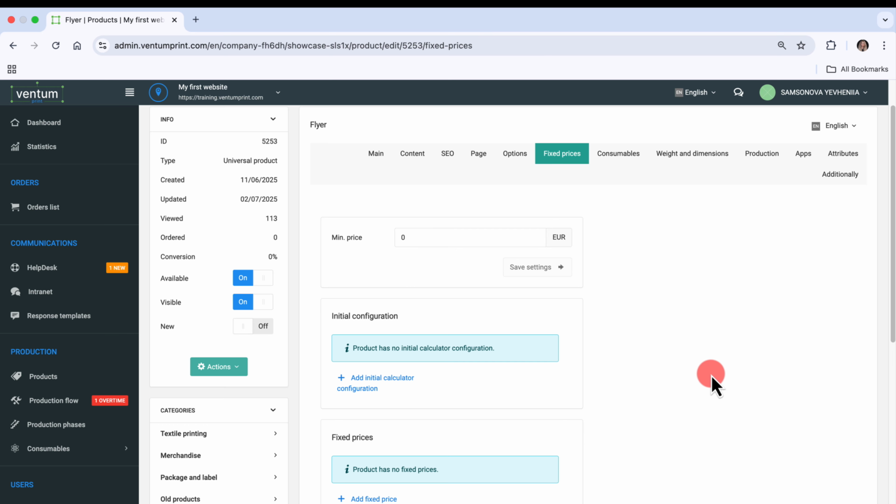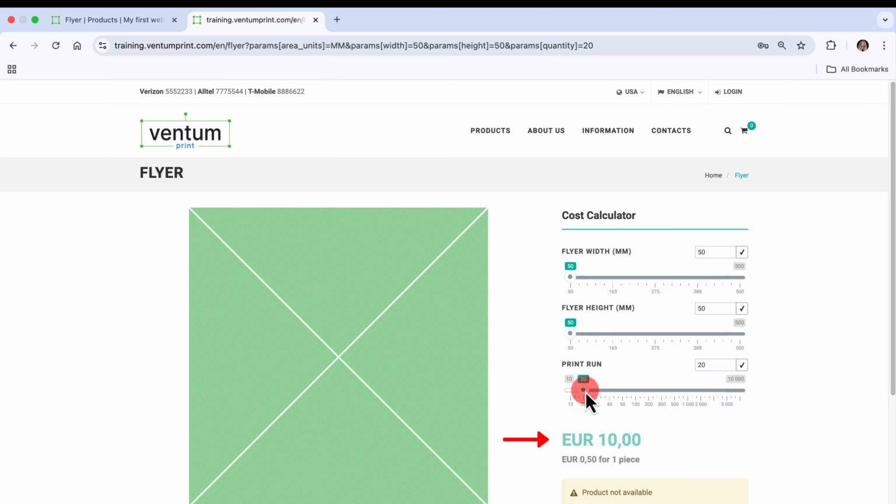The solution is to set a minimum price. Enter the minimum price of 10 euros in this field. Save the settings. Let us check it on the website. As you can see, the order cost can only increase, but it will not fall below the specified minimum price